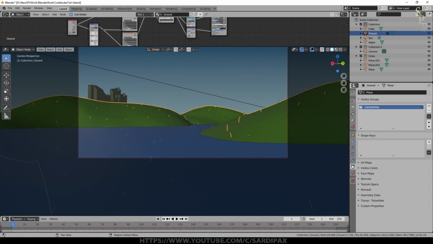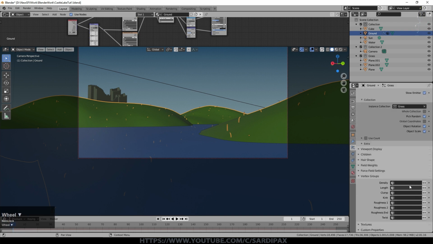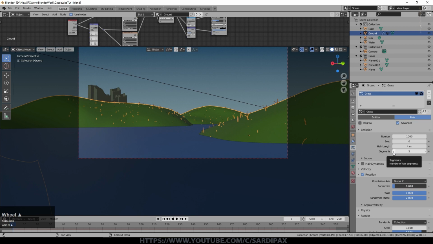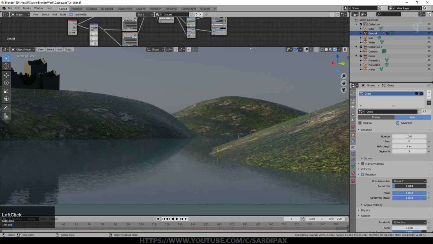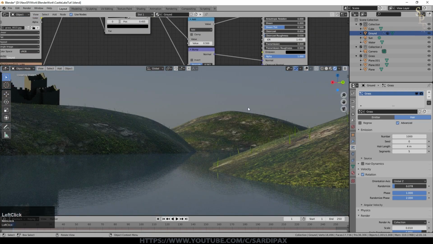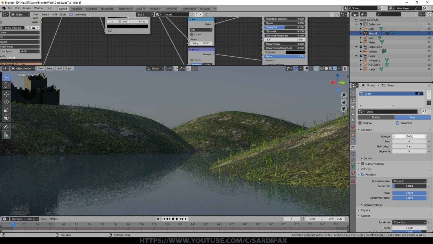So if we go back to our particle system, scroll down under vertex groups, we can add camera view. That means we're getting more bang for our buck for our currently 1000 grass blades. They're pretty much only where we want to see them. They're not being grown out here, so they're more densely packed. We obviously need rather more than that number of grass blades. I think our ground just needs a slight tweak as well. That's better. So let's go to 10,000 grass blades. Still not that many, to be honest.